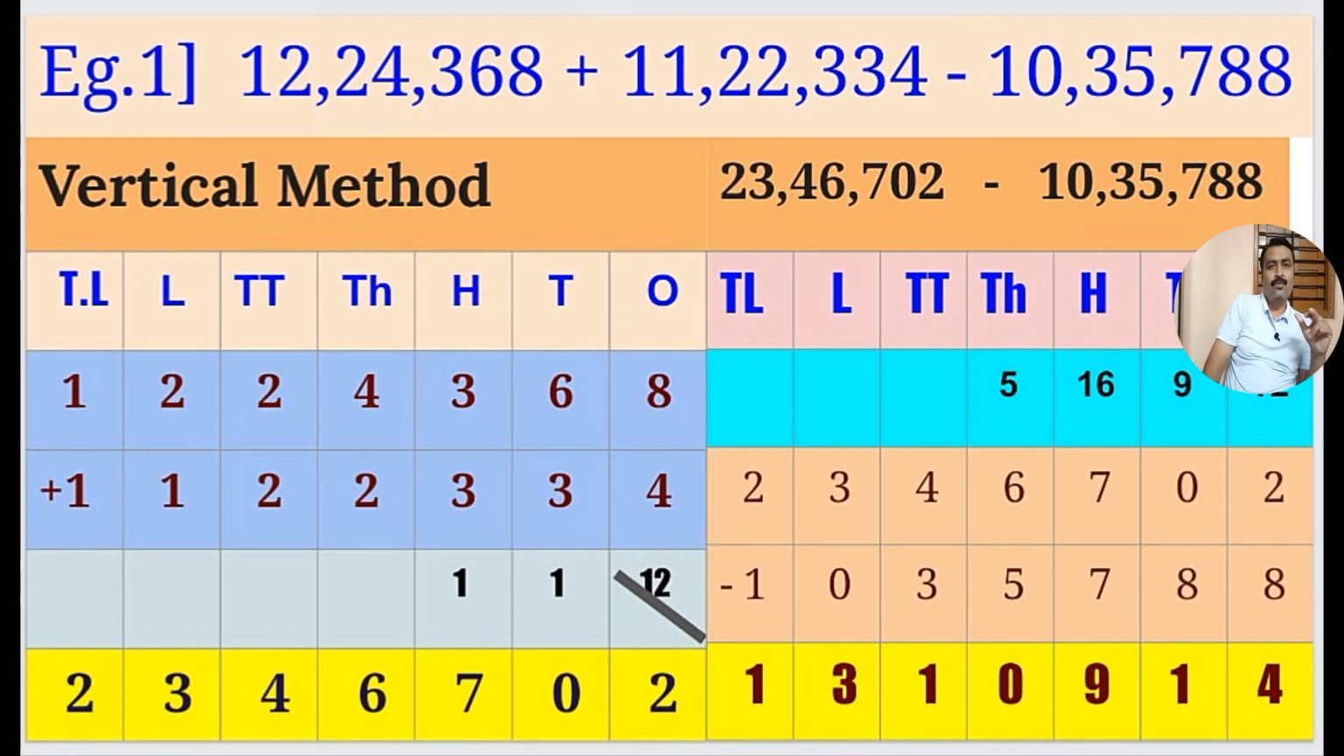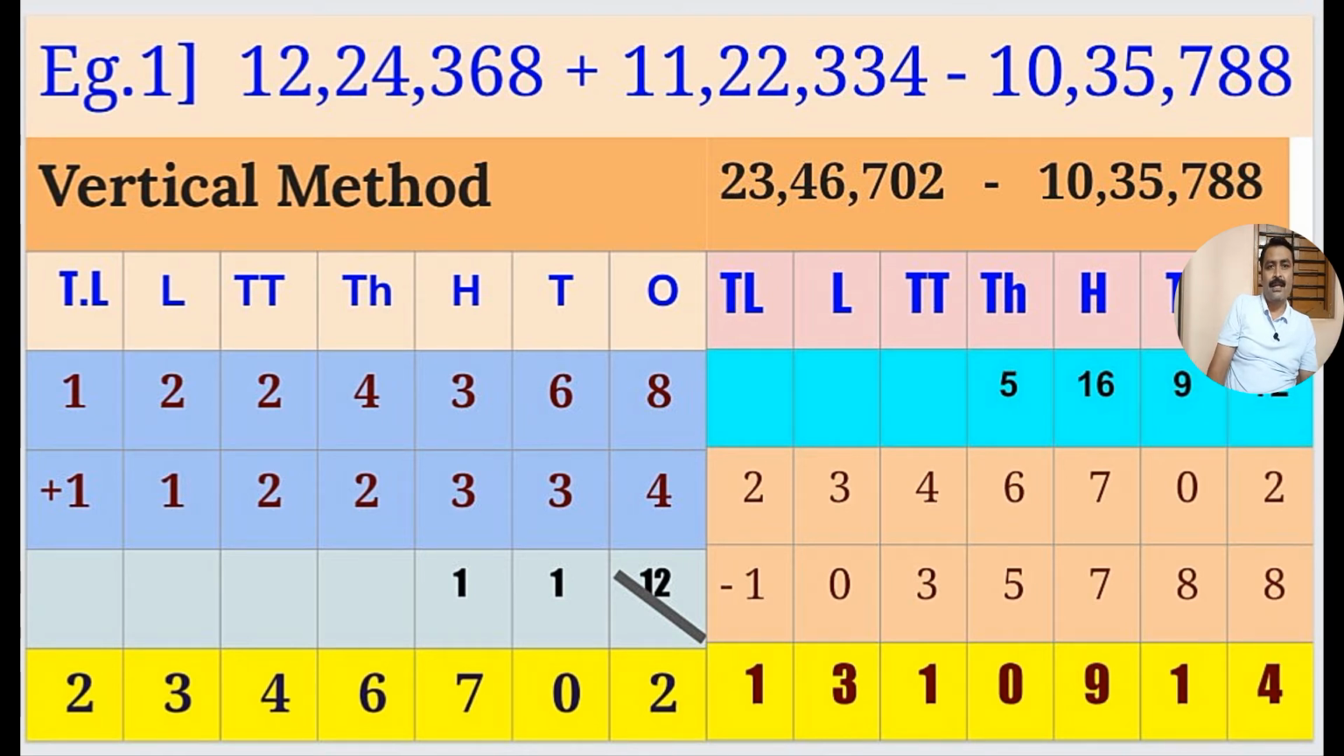First number 12,24,368. While arranging that number, we arrange 8 into 1's column, 6 into 10's column, 3 into 100's column, 4 into 1000's column, 2 into 10,000's column, 2 into lakh place column, and 1 we arrange into 10 lakh place there. After that we take the plus sign there and we want to arrange the second number